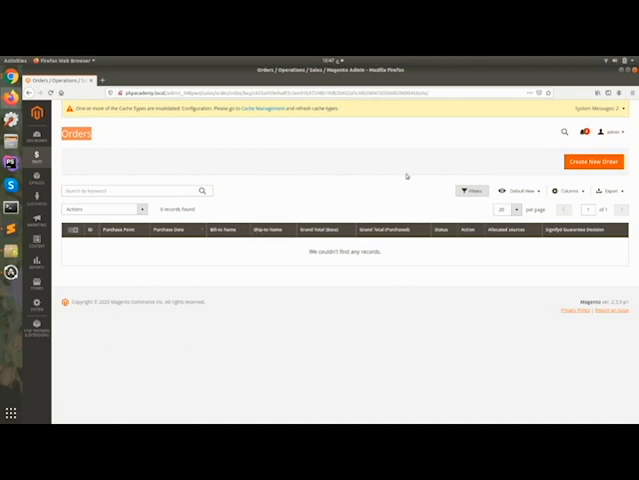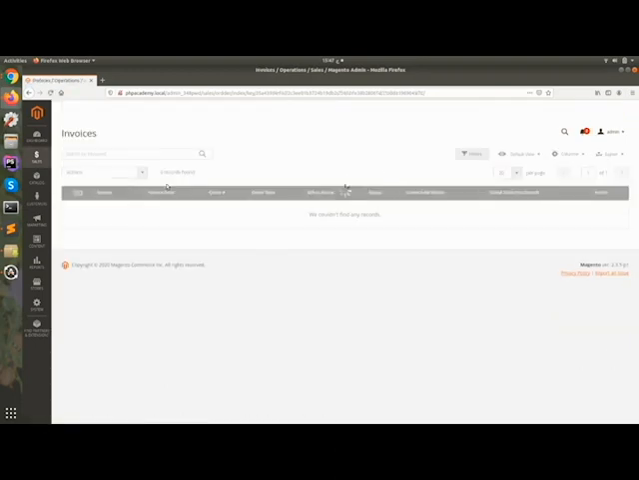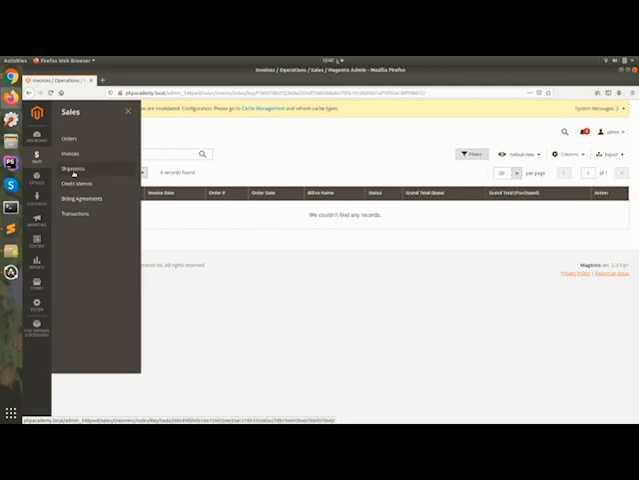So this is the orders, and here you can create a new order from the admin. Then here you can manage the invoices. Okay. Then credit memo, if you want to refund your customers, then you can create a credit memo from the admin for the order. Okay. Then we will come to the